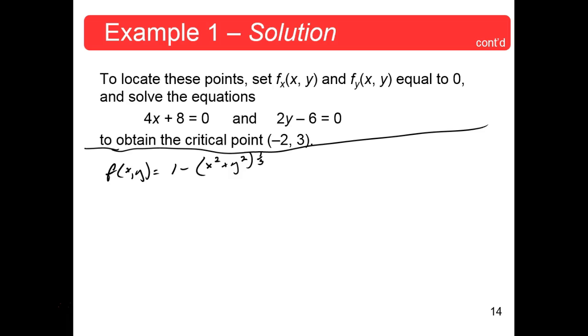In other words, 1 independent variable, 1 dependent variable. What was the first thing you did? Take a derivative, okay? And so what we do in this case is take a partial derivative and take both